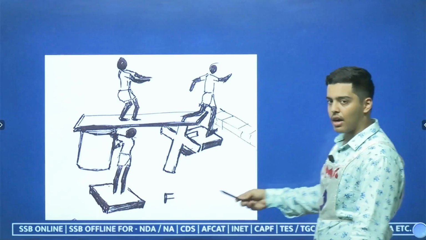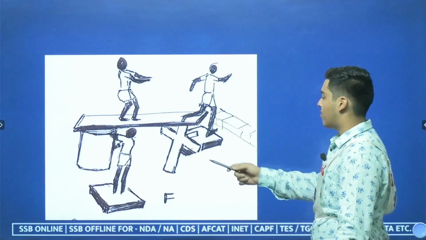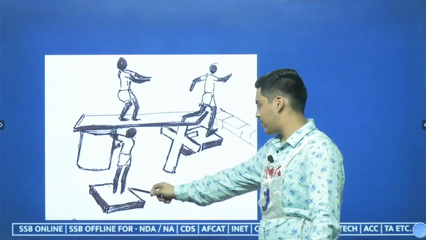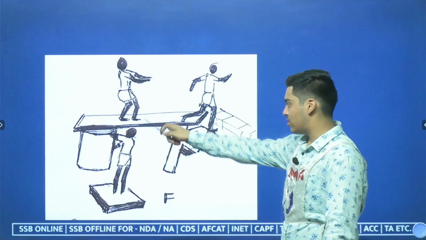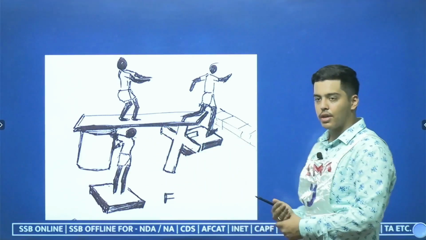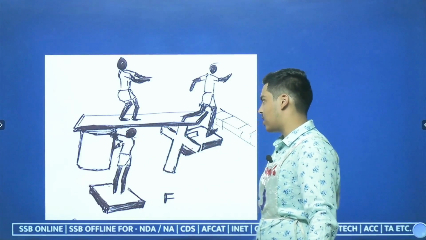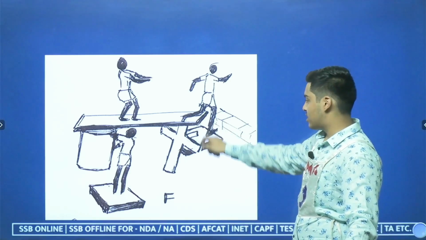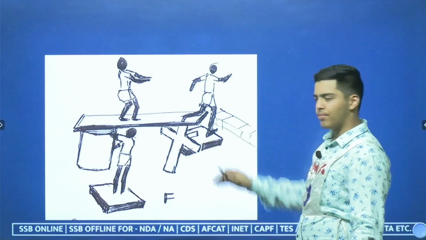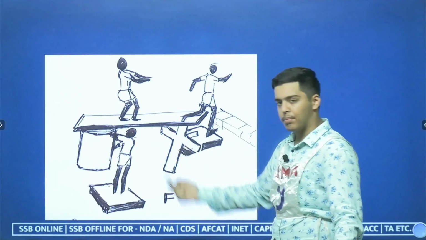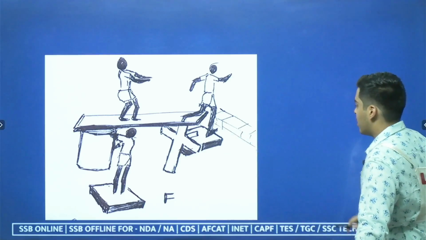Moving next, friends, I told you about this plus shaped structure with a projection outside. This is again the white platform which we can stand on. What we'll do is keep one end of the plank on the drum, which was the other part in the last slide. We'll keep the first side of the plank on this drum now, and the other end on top of the plus shaped structure. It would be balanced enough because of the same height of both the drum and the plus sign. It will be balanced and straight, and we can easily pass on to the plus sign.